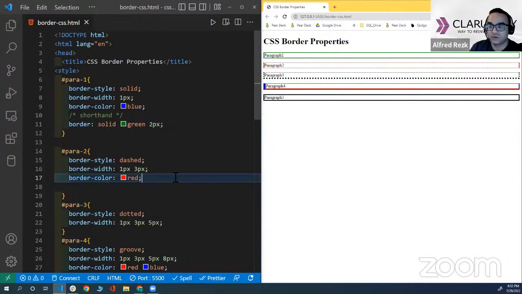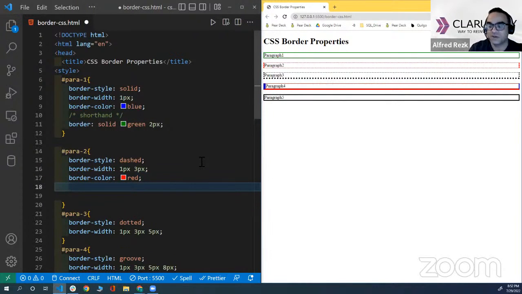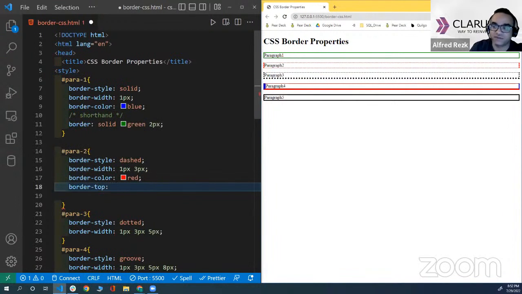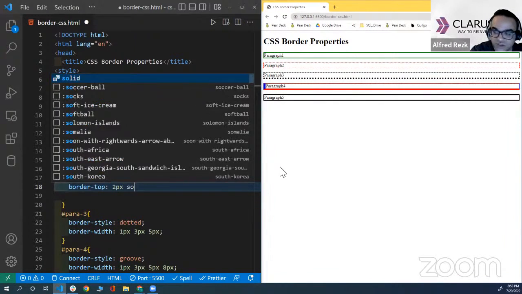You can also, if you want to only control the top border, be more specific, saying border-top. So you have the words top, bottom, left, and right. In that case, I'm using the shorthand version with border-top. So I can make the border-top 5 pixels, or let's do 2 pixels, solid